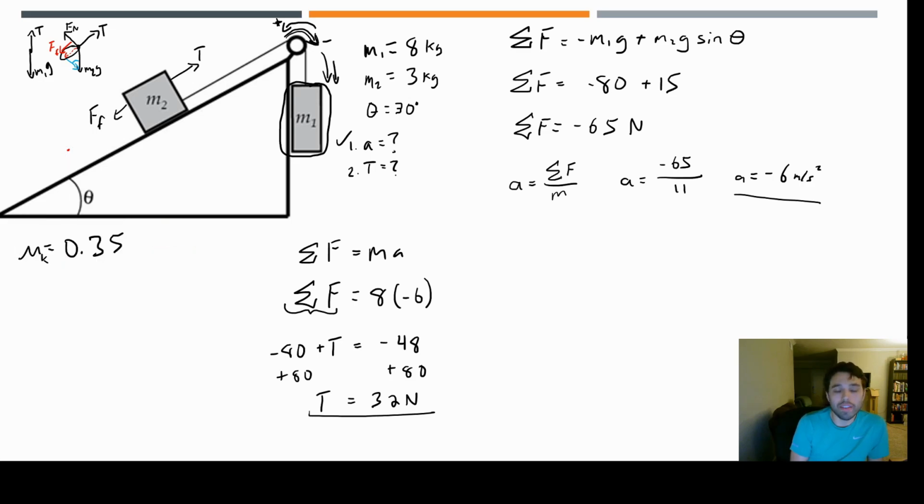All right, so what is the friction force? Remember that the friction force equation for kinetic friction is equal to mu times the normal force. Let's calculate that real quick. Mu is 0.35. Our normal force here is going to be the same as that blue component, because those are the two forces that are perpendicular to the ramp. So mg2 is 30